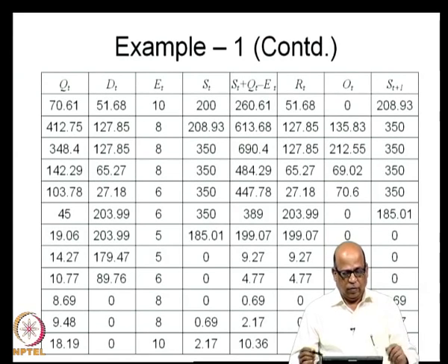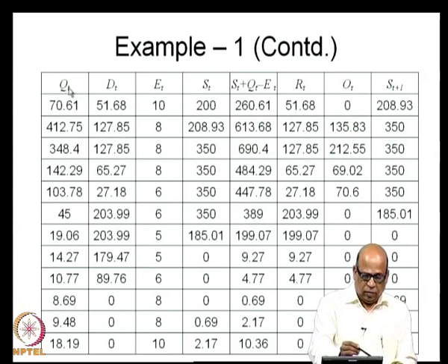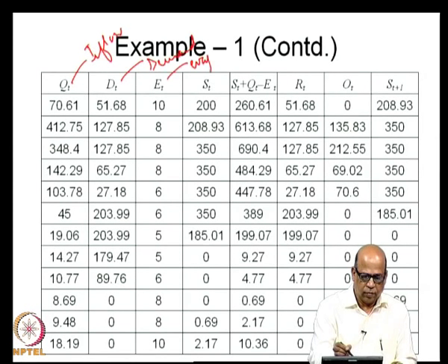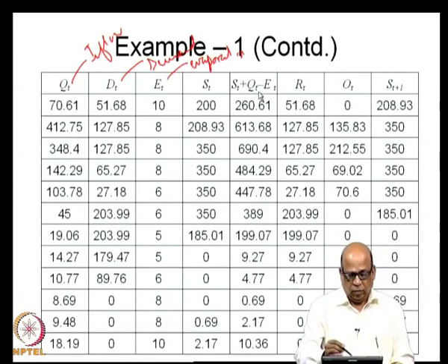All right, we will do the standard operation now. This is data, Q T is data, this is the inflow, and this is the demand, and this is evaporation, and so on. And S T is the storage at the beginning of the time period T, which is given. So, at the first time period we start with a reservoir storage of 200 million cubic meters.